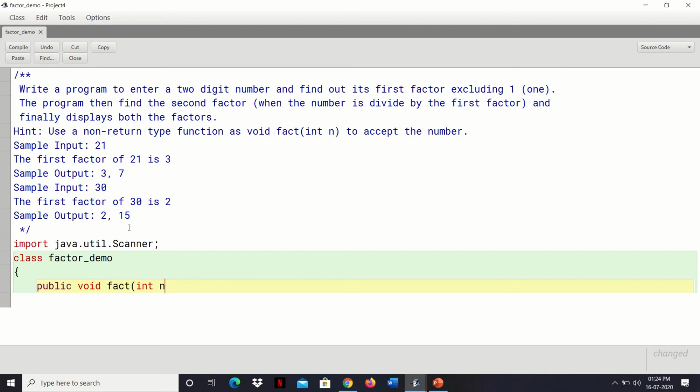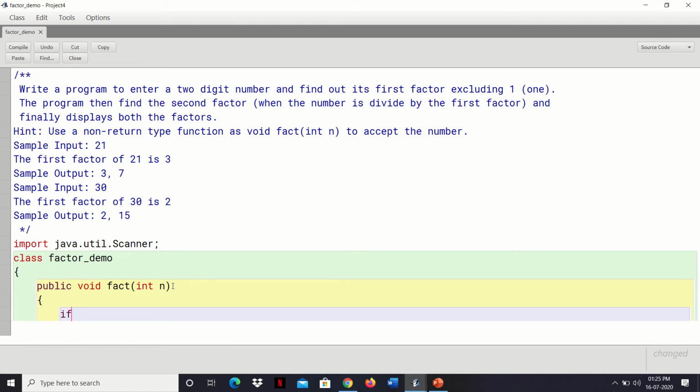Suppose there is a number here, let us give here n. Now we are taking the input in n. Whether it is a two-digit number, a three-digit number or a single-digit number, we need to check it. So we should check whether it is single digit, triple digit or double digit. If it is not double digit, then we should report it.